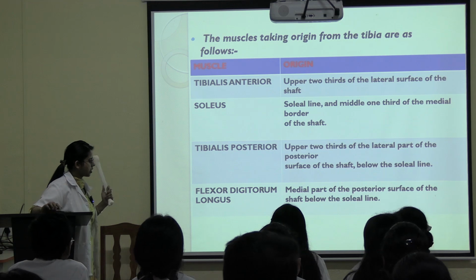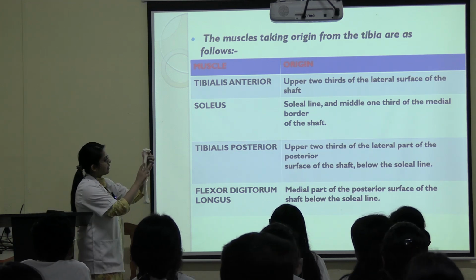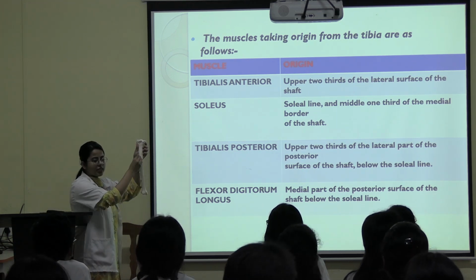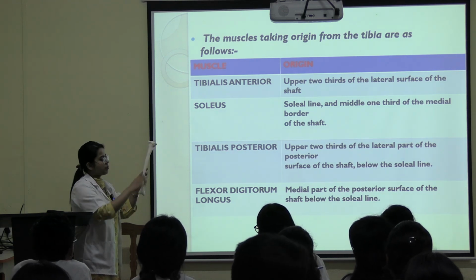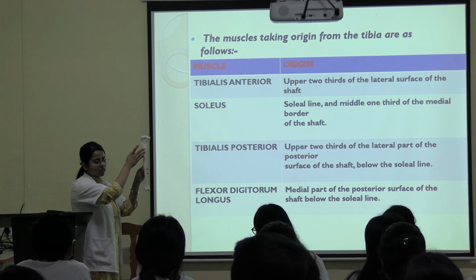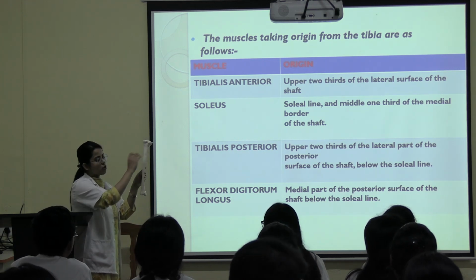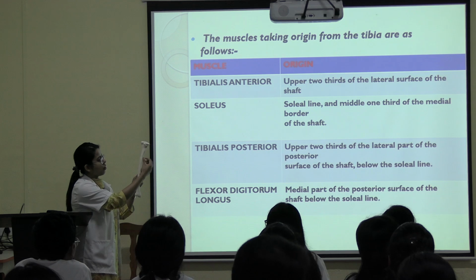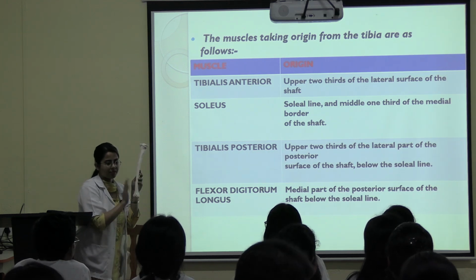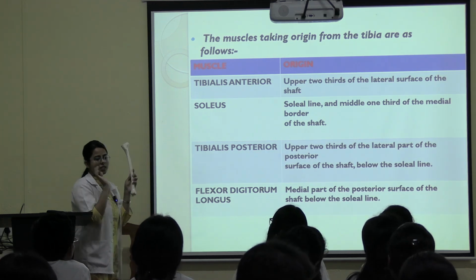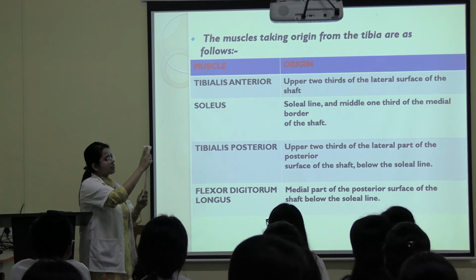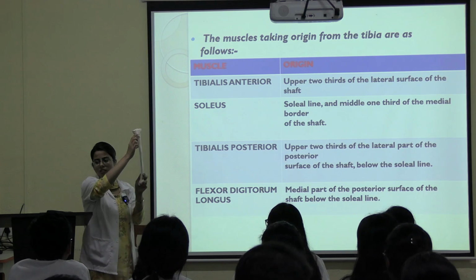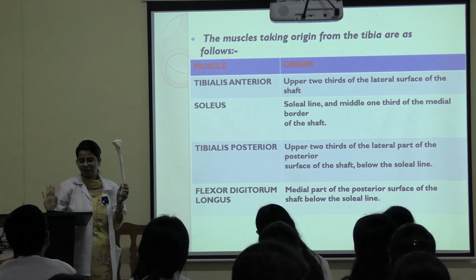Now tibialis posterior. As I said, this faint vertical ridge behind is dividing it into lateral surface and medial surface. So tibialis posterior will be present in the lateral surface below the soleal line and flexor digitorum longus in the medial surface. Clear? I am repeating again. Quadriceps femoris was the first muscle which inserted. Where is it inserted? In the smooth upper part of the tibial tuberosity. Clear?